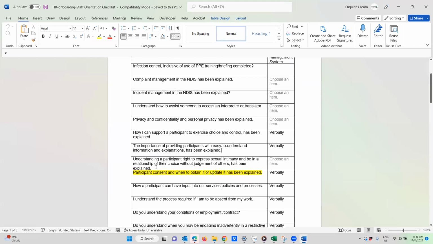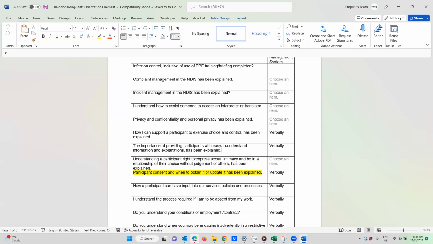We do need to be able to say that we understand a person's right to express sexual intimacy and how that might look. It says that in the standards. So if we can explain that and give that to people in an example form. The problem with this is there are lots of judgments, lots of values, lots of people from different religions, and sometimes this will come into their work life. Not what we want. So we want everybody to put those at the door.